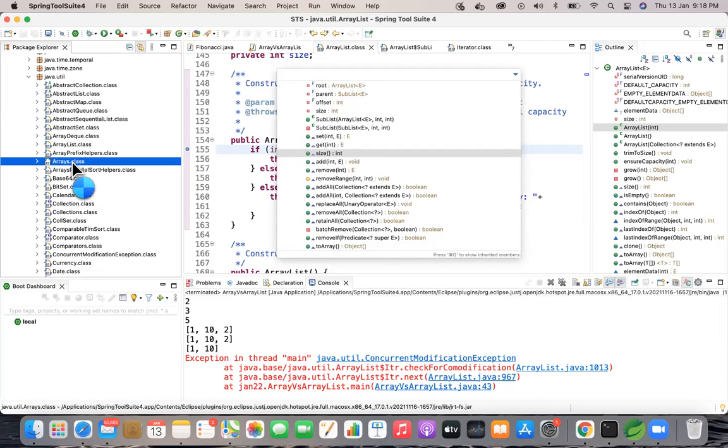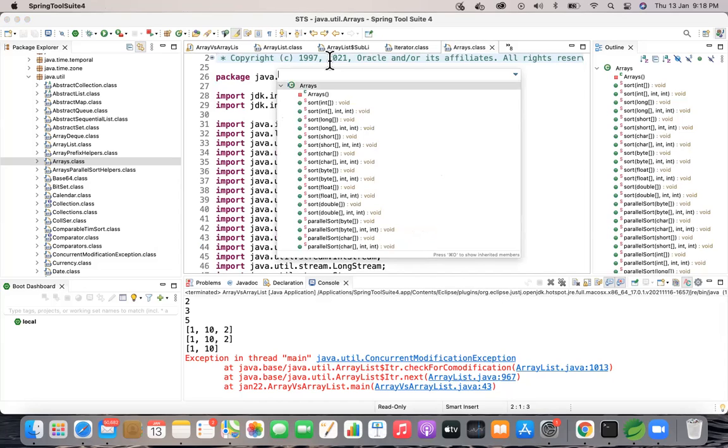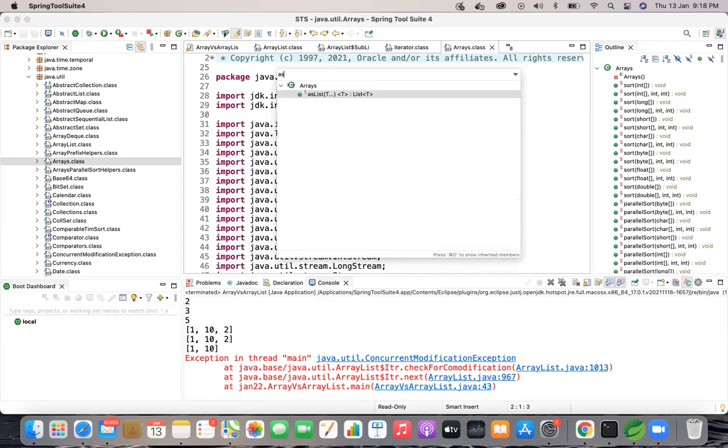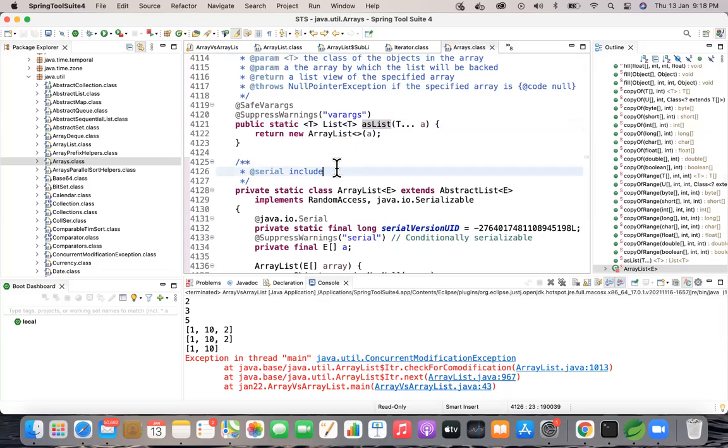Yeah. Can give Control O here. Can you give AS, keyword with AS? Yeah, open that. Okay. So we have something called the Arrays asList method, right? And also we have the Arrays copy method. We'll see that now.